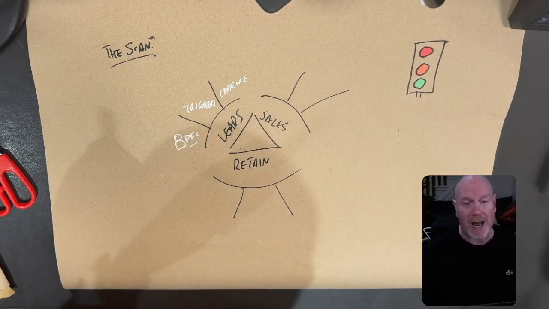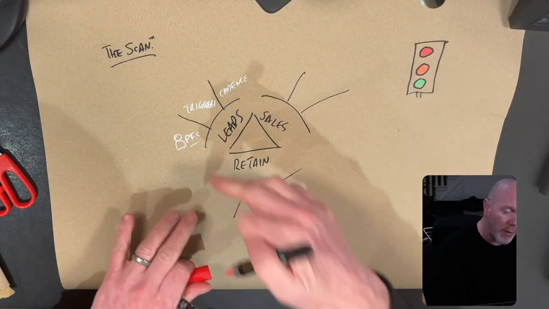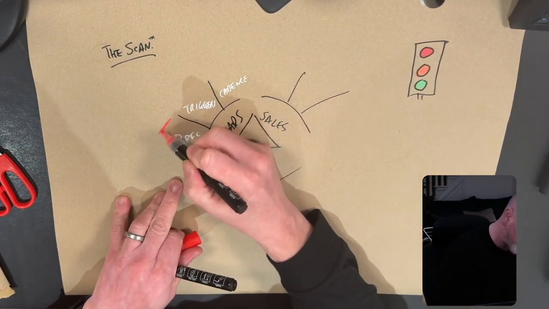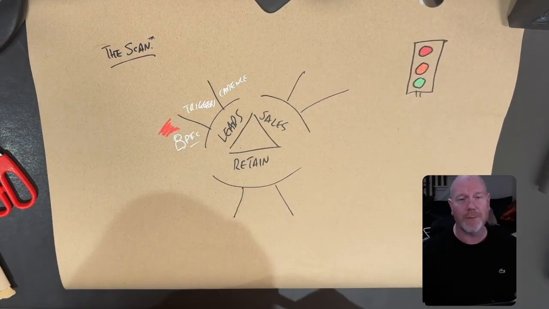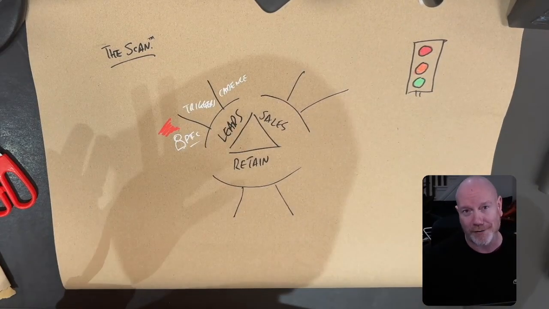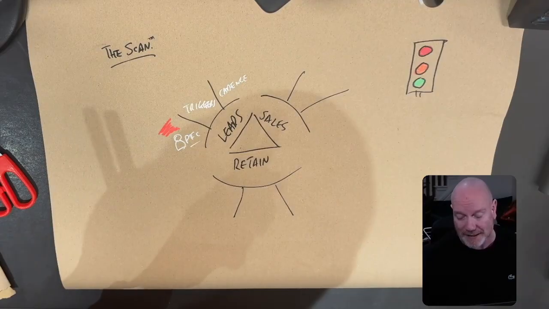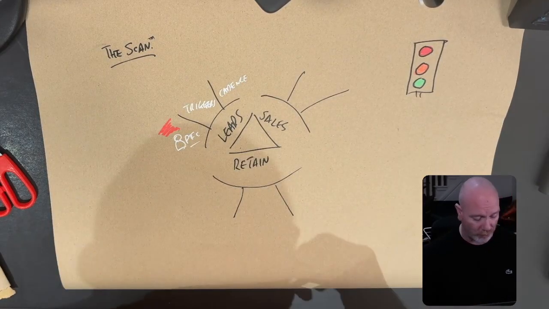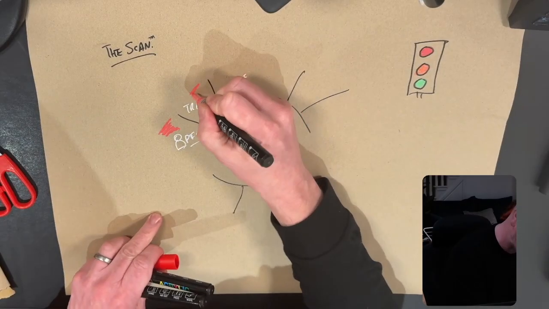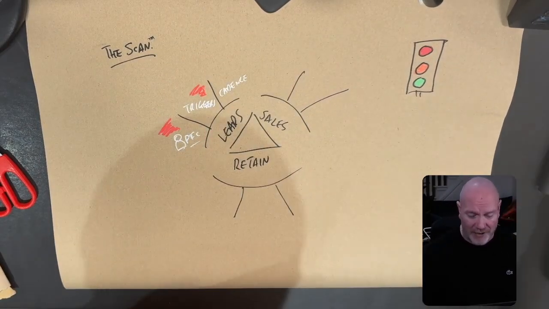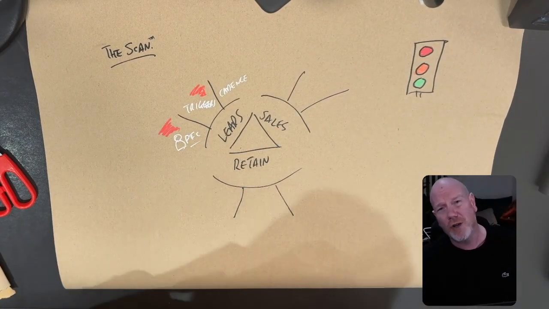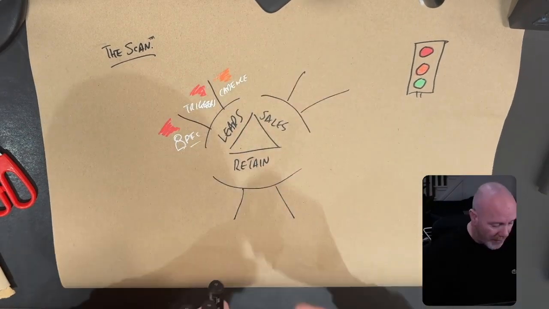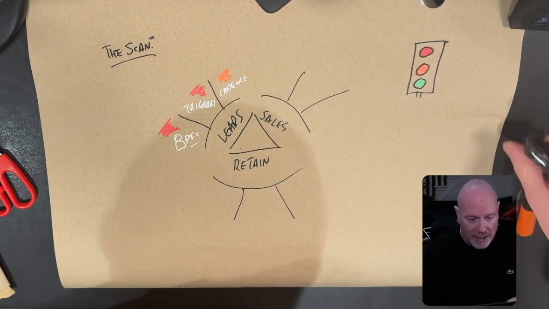And what we do is we literally get a color chart like this, and we say, right, how clear are you right now on your perfect future clients? A lot of the time, people say, well, we can sell to everyone. And you know yourself, if you're selling to everyone, you're not really selling to that many people. So some people say, well, we're a little bit red, and they'll say about triggers, we don't really do much with that, we just kind of try and sell to people. And the cadence, we kind of do the odd call or send the odd cold email, but we know that there's room for improvement. Then what we'll do is we'll move on to the next stage,